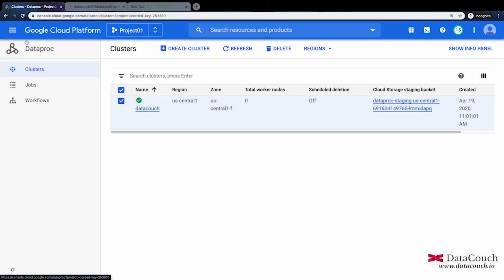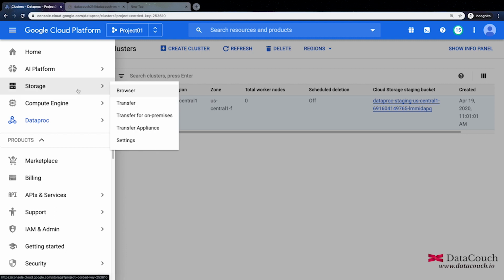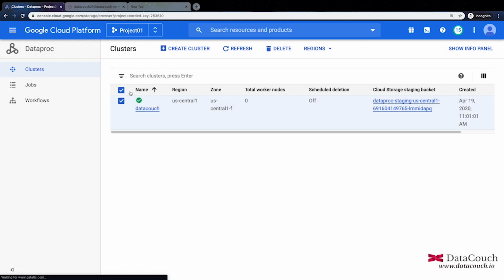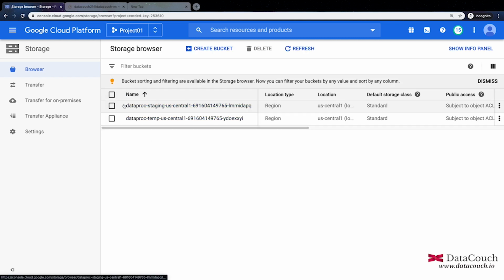And also, as a best practice, you should delete any storage buckets. You can go to the storage browser, and whatever buckets we have in the storage browser, you should delete those also. Select this and delete the buckets. This will ensure that credits are not being charged. Anyhow, we are using free credits and we will not be upgrading our account. Even if you are using the trial version, we don't want your credit to be wasted. That's why we are recommending this.